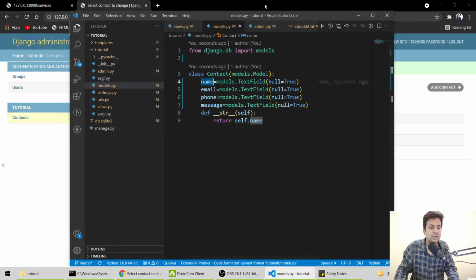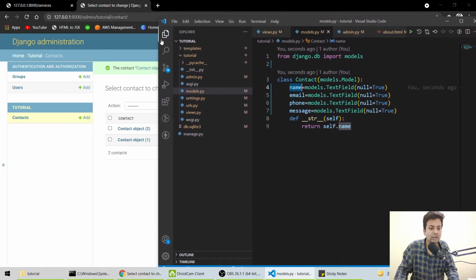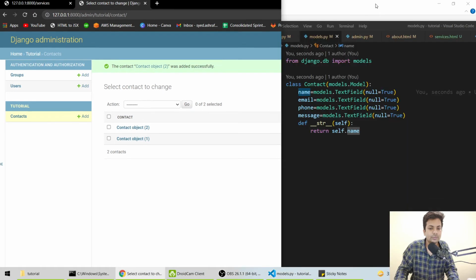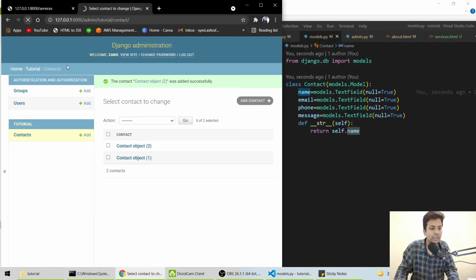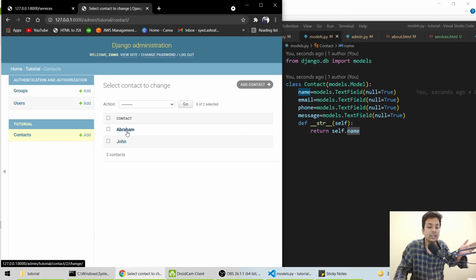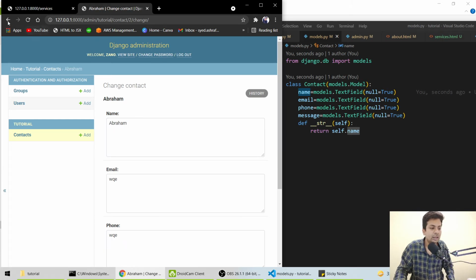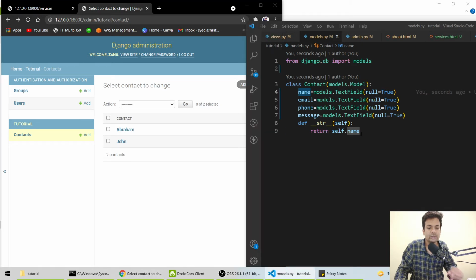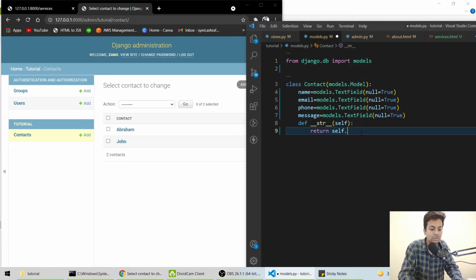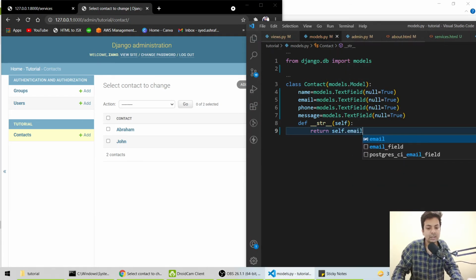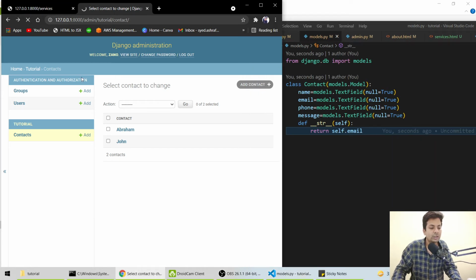So if I hit save and reload it, see, now it's showing me the names inside there. See, Abraham and this one has a name called John. If I change it to email, it will show me their emails. Reload it.